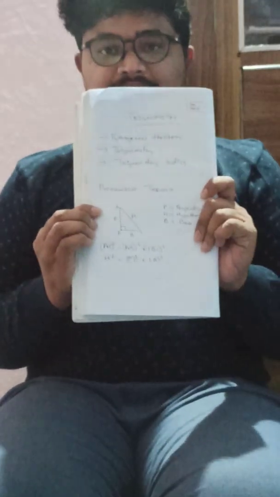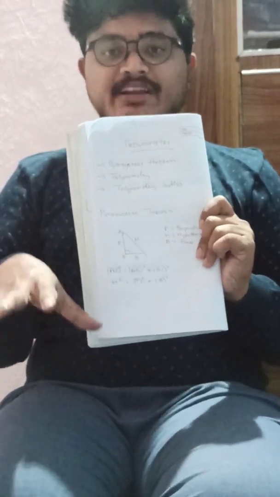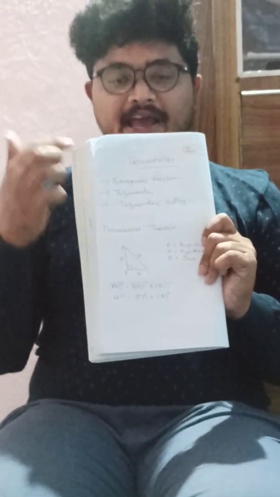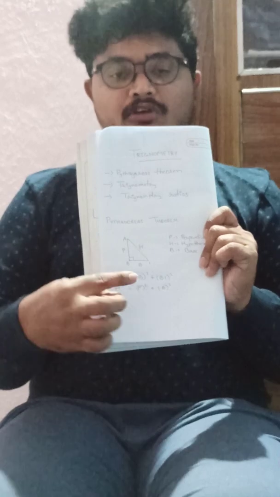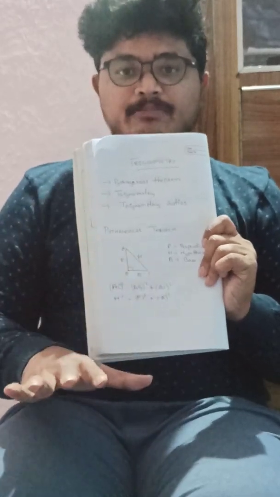Well, what is Pythagoras theorem? Pythagoras theorem mainly deals with, and only deals with, right angle triangles. In a right angle triangle, what are we having? ABC is a right angle triangle where AB is the perpendicular, BC is the base and AC is the hypotenuse. So what is the formula for Pythagoras theorem? The square of the hypotenuse is equal to the sum of the squares of perpendicular and base. So this is about Pythagoras theorem.